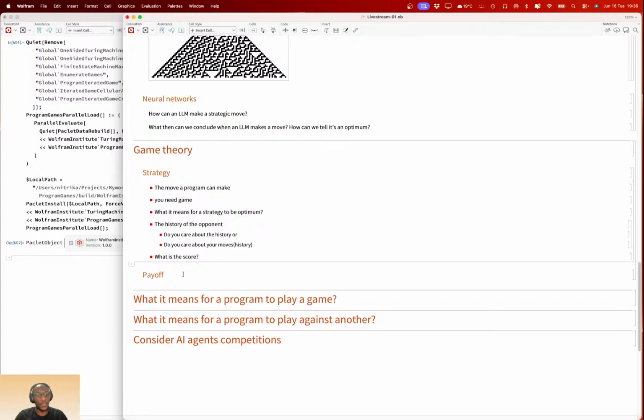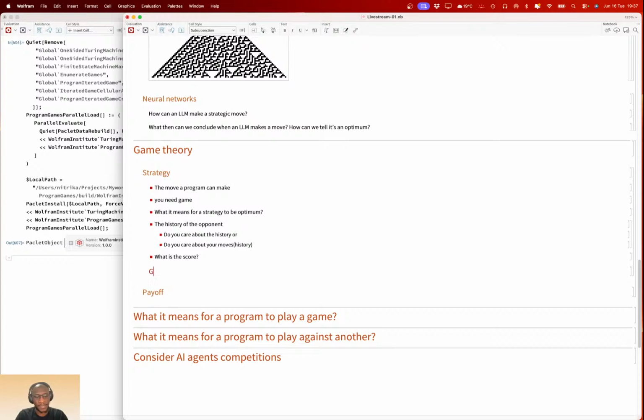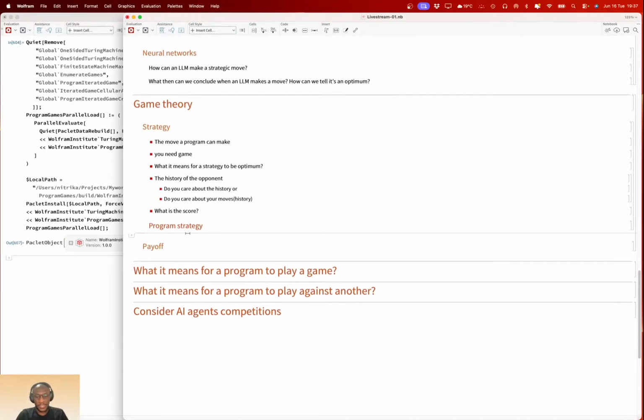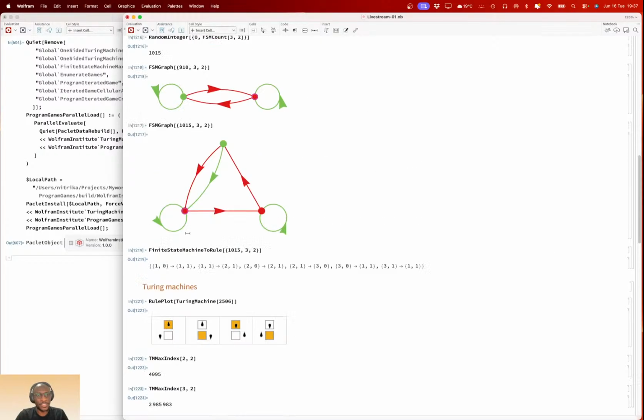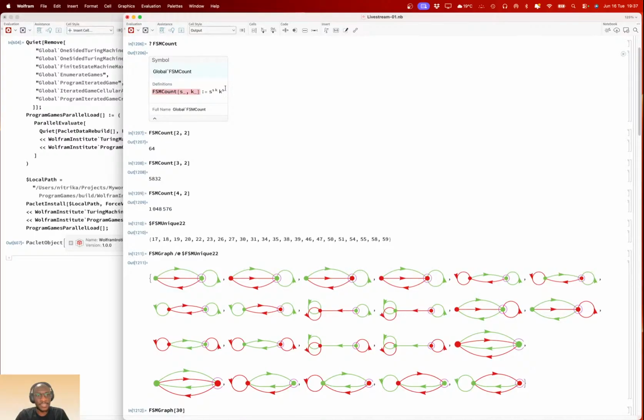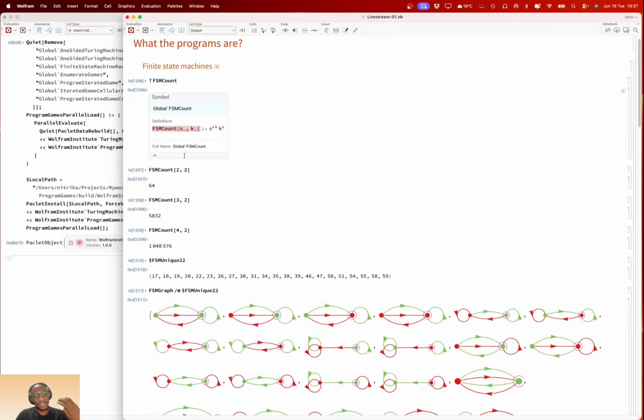But let's talk about what it means for a strategy in programs, right? Program strategy. For computational programs, what a strategy really means, because we're dealing with zeros and ones, is, as we saw for these two programs, for example this FSM, finite state machine, you need the number of states and the number of moves.